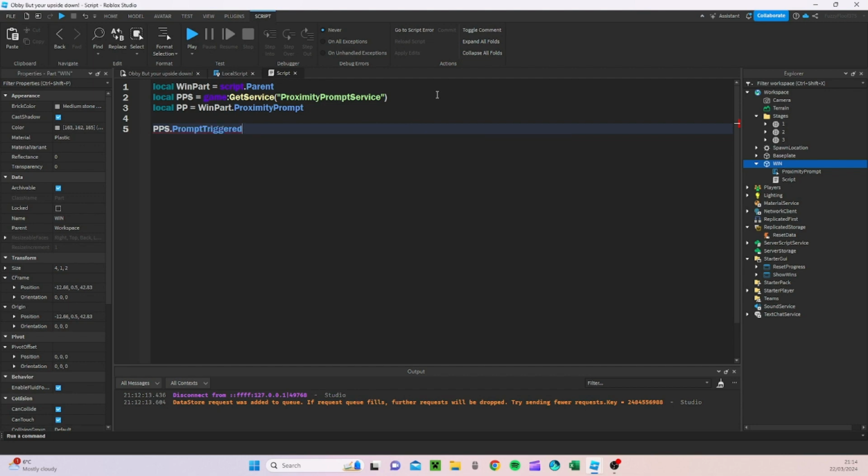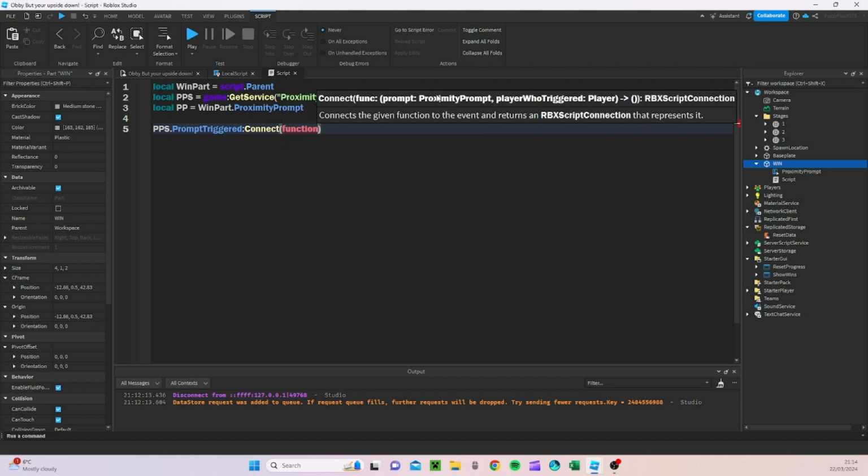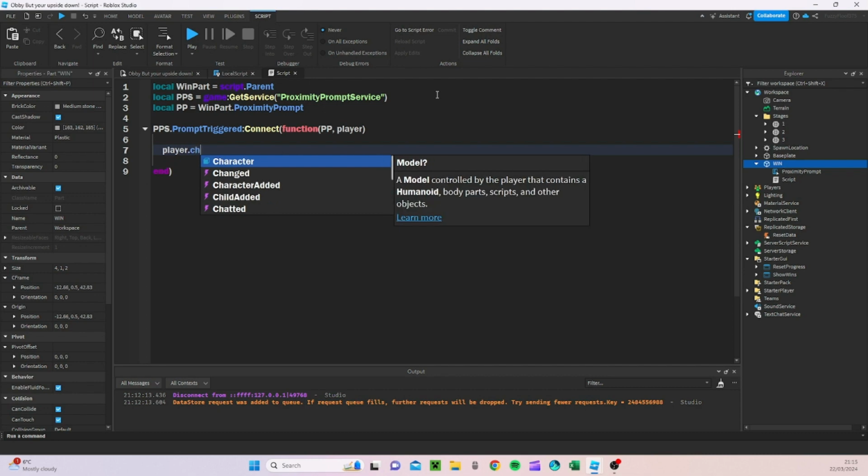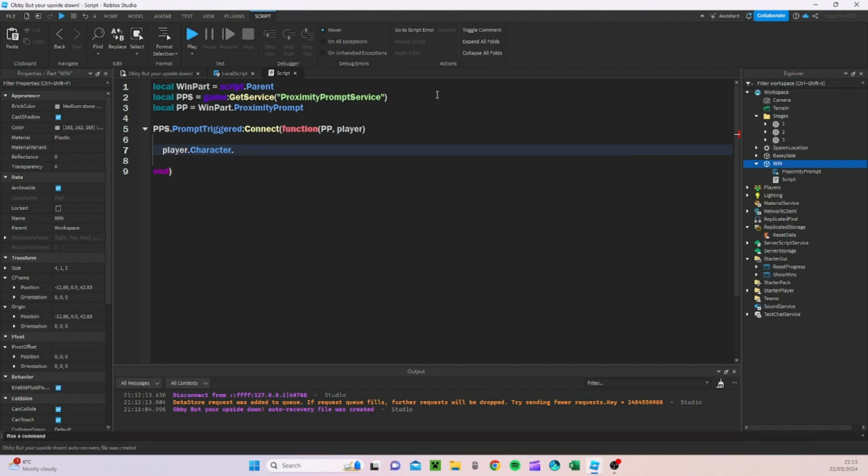PPS.PromptTriggered:Connect(function(pp, player), and what we're going to do is player.Character.HumanoidRootPart.CFrame equals game.Workspace.Stages, and we're going to do here, 1, .CFrame